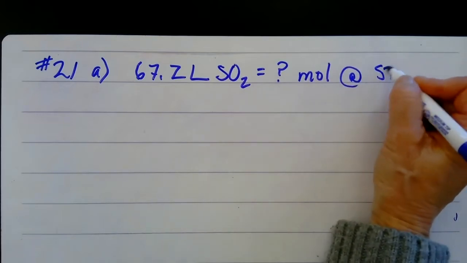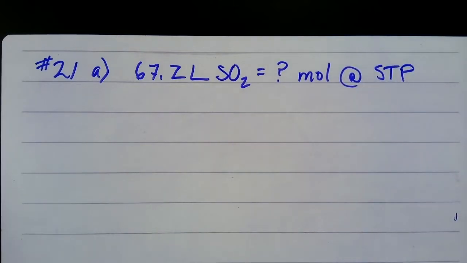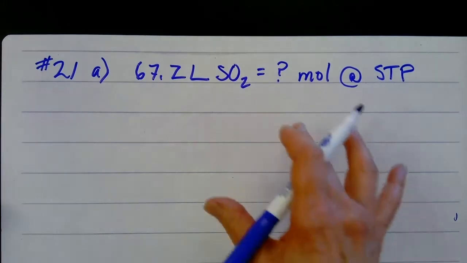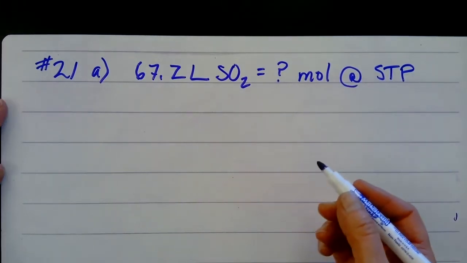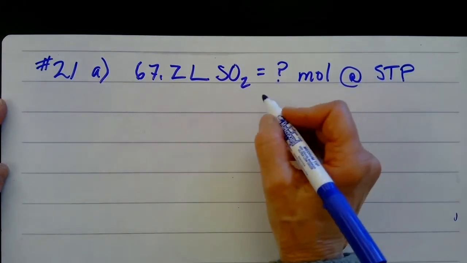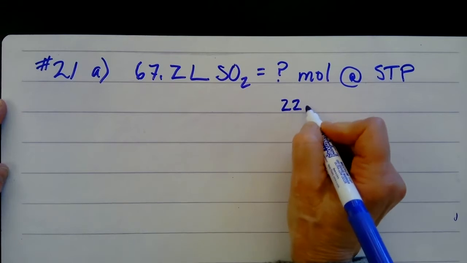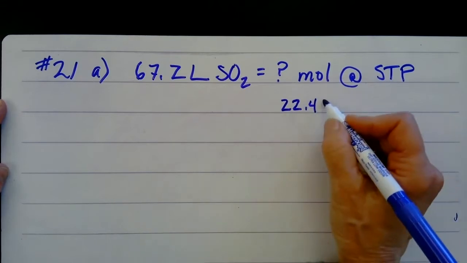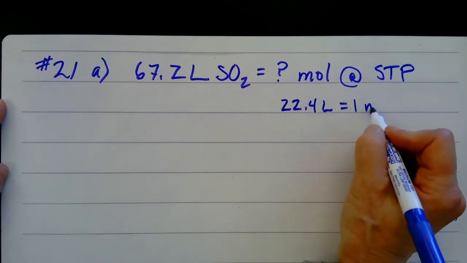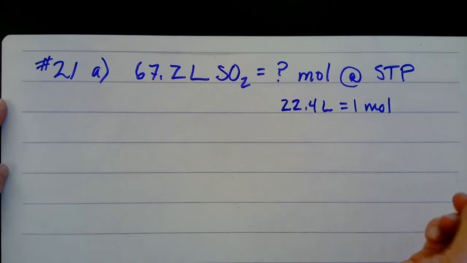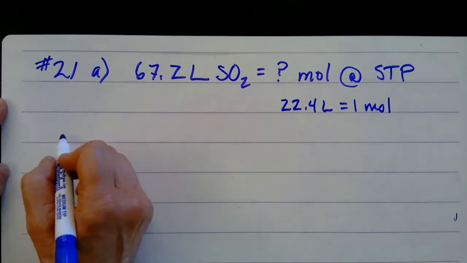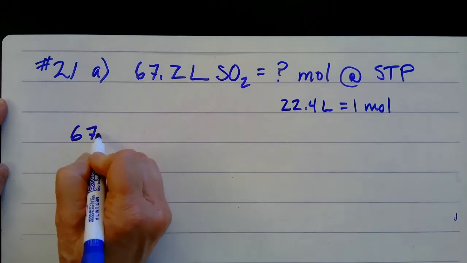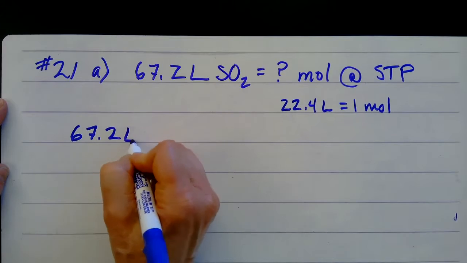at STP? And again, that at STP tells us that we have information about the number of liters per mole. In fact, we can show here what our conversion is going to have to include, which is that 22.4 liters equals 1 mole at STP. To work this problem, again, to start, I'll write the given value and units,